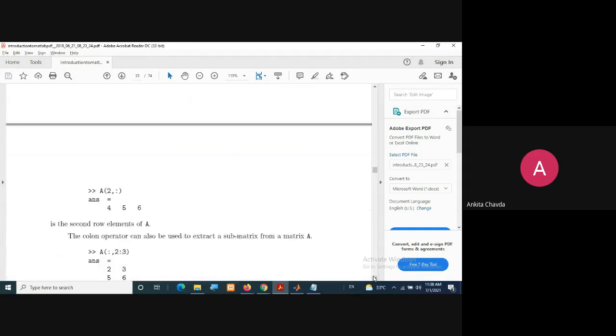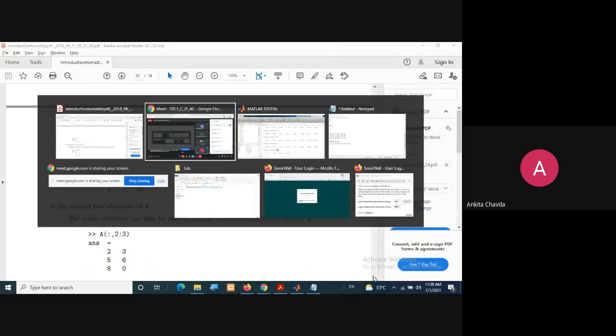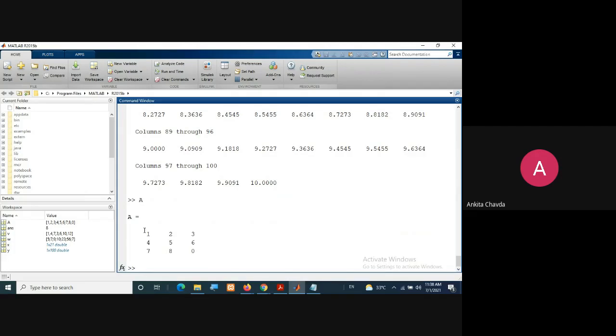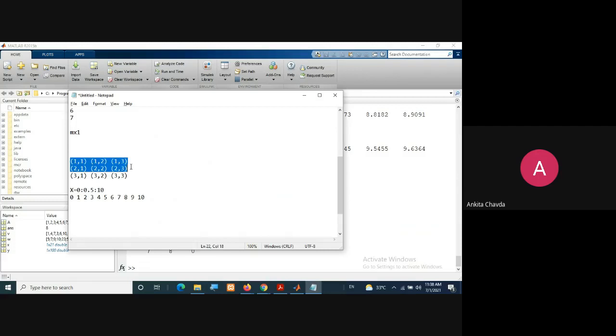Then how to use this colon for accessing not a single element, but you can say a collection of elements. You want a whole row or you want a whole column and so on. So for that, what you can do? Suppose this is my matrix A. And if I want a single element, then I have already shown you how you can write. You just need to write the index here.